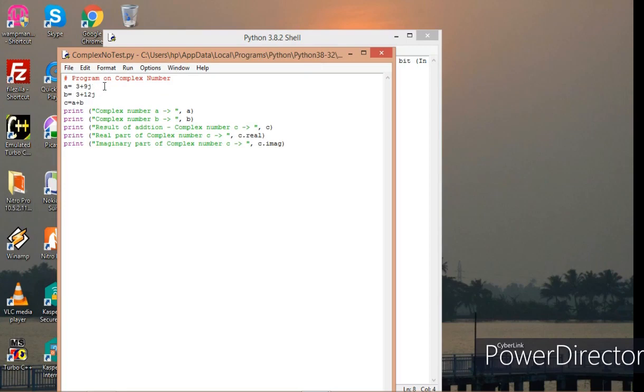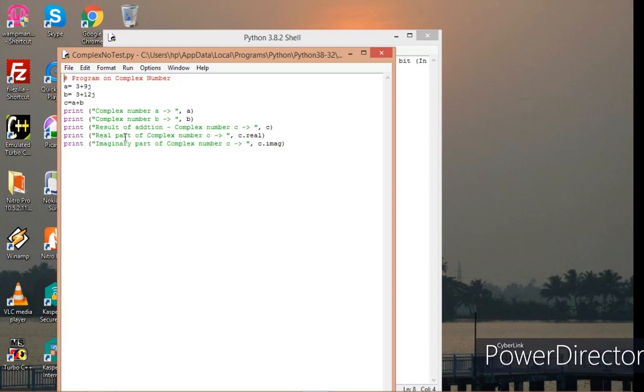a is equal to 3 plus 9j, b is equal to 3 plus 12j, c is equal to a plus b. And now I am printing complex number a, I am printing complex number b, and I also want to display the result of the addition of complex numbers a and b, for which again I am displaying the result.